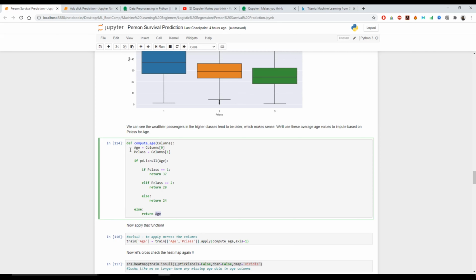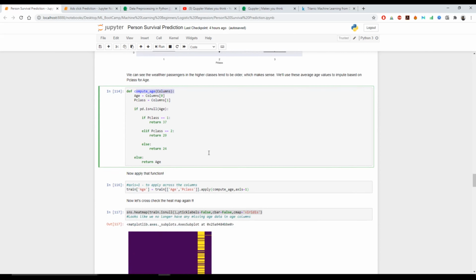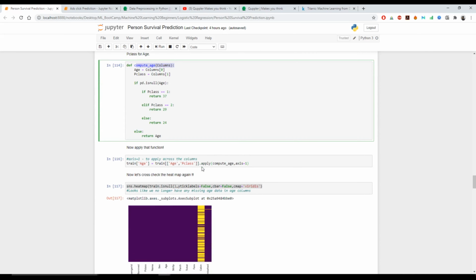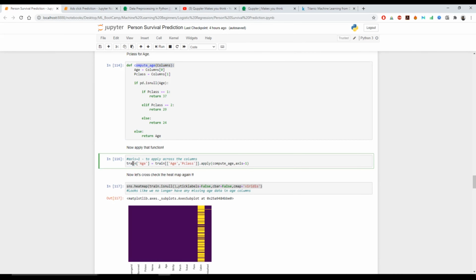So now let's apply this function to see how my data will look. I have to apply this across columns, and in train of Age I have to store it. I want to pass two columns, Age and Pclass, and apply compute age, which is my method.